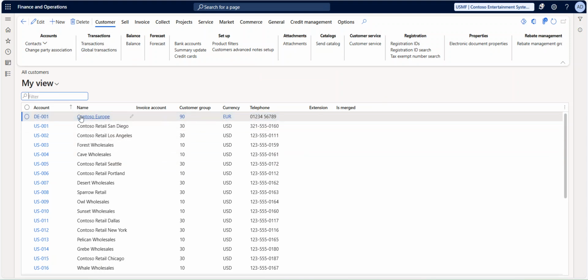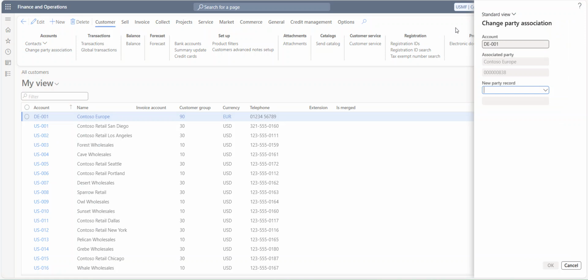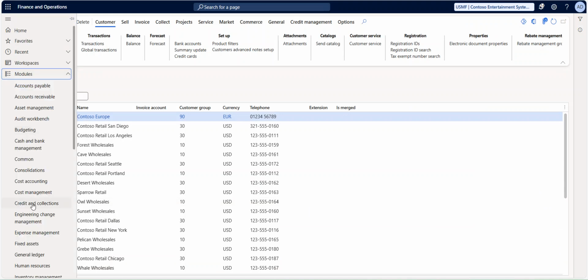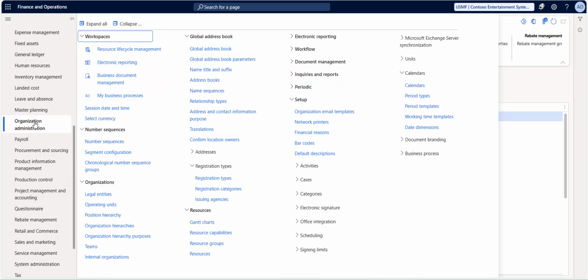So here I have one customer, that is E001. If I click on change party association ID, this is the existing party association ID which is mapped against this particular customer. If I copy this party association ID and go back to the global address book, from the organization administration,